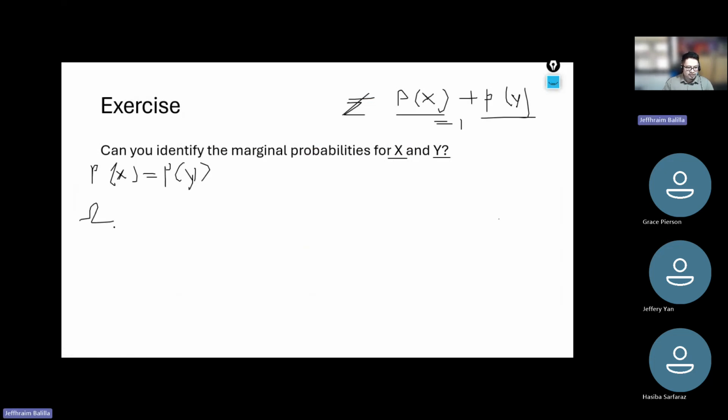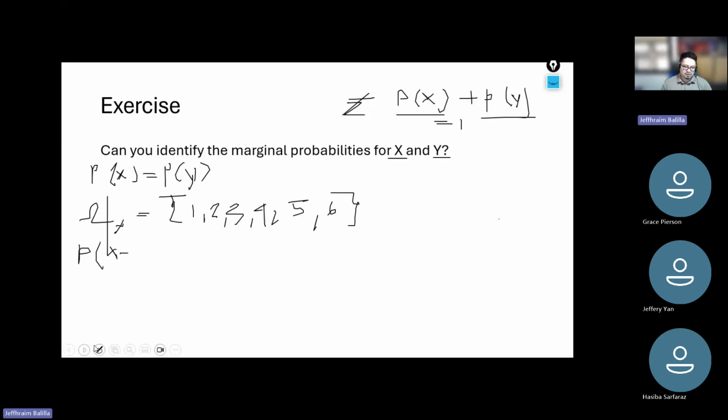Okay, so we know that the event space for X is 1, 2, 3, 4, 5, 6, right? Now, we said that the marginal probability is just the sum of the probabilities for each of the possible outcomes in that event space. So in the universal space, we said that we could potentially have 36 possible outcomes because 6 possible outcomes on X, 6 possible outcomes on Y. Now, so this X could be